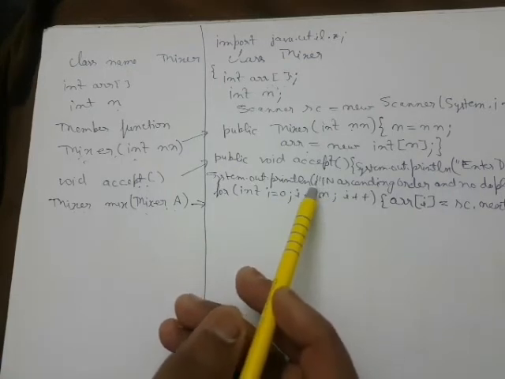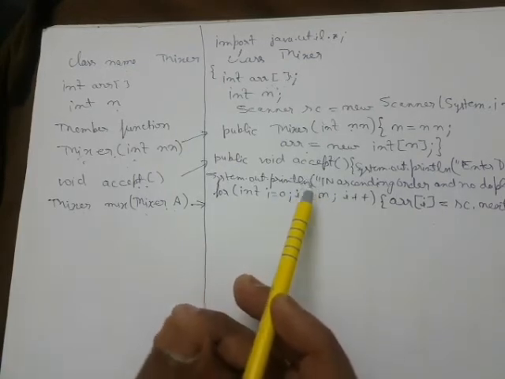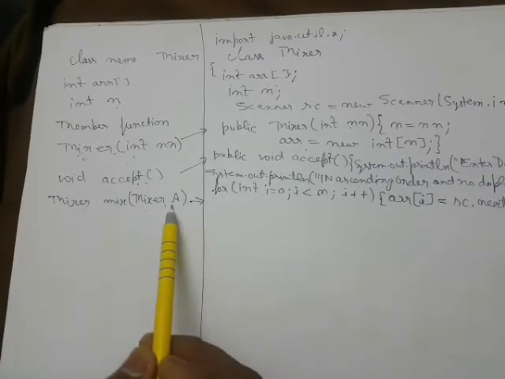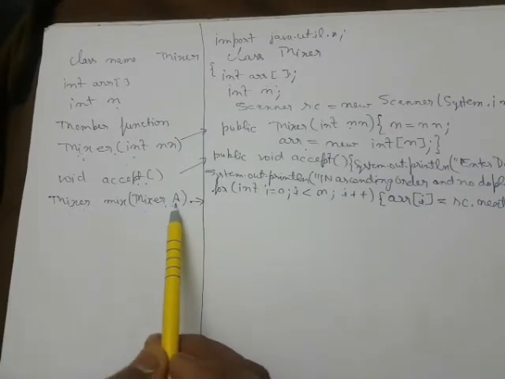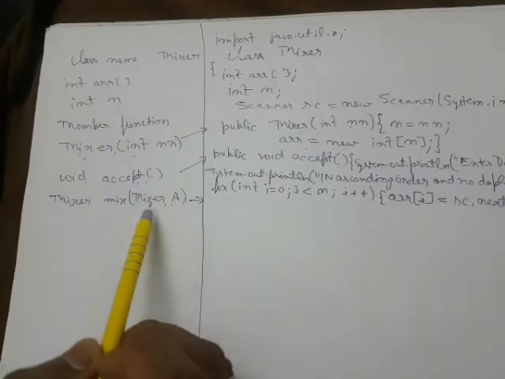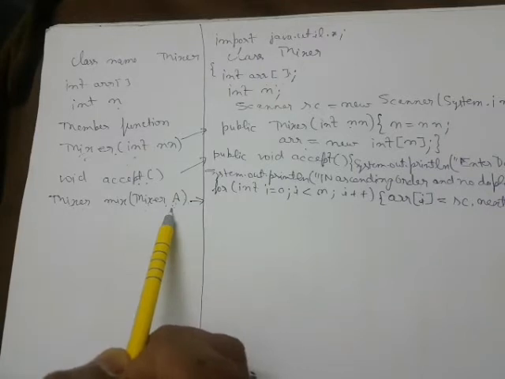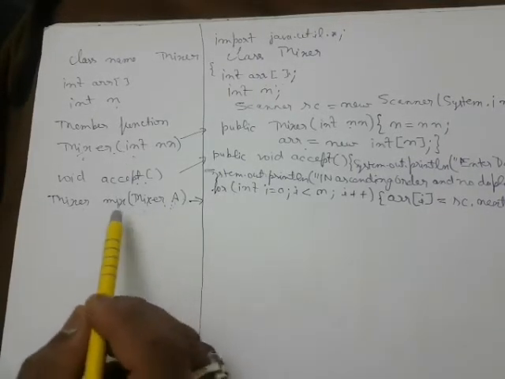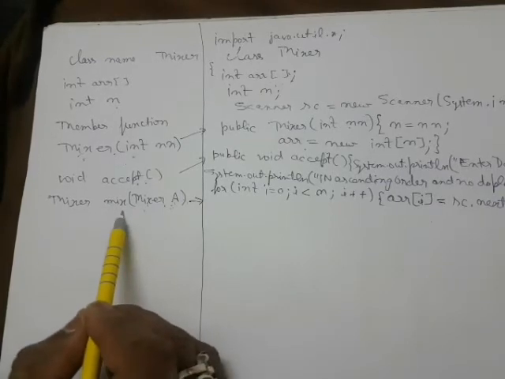I have to basically merge the data from the two arrays. So where are the two arrays? So let me explain it to you. One array is here, which will be inside the object A, because object is of mixer type, so it is bound to have arr within it. Now where is the other array? The other array is the one which will be inside the object which will call this function.